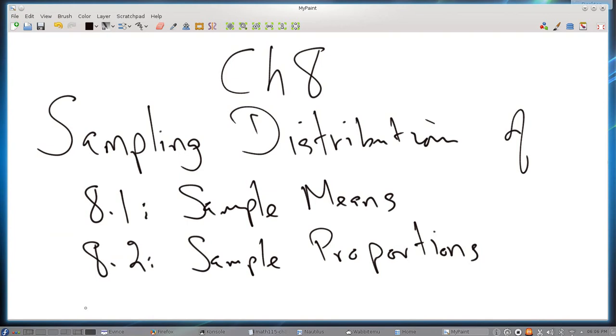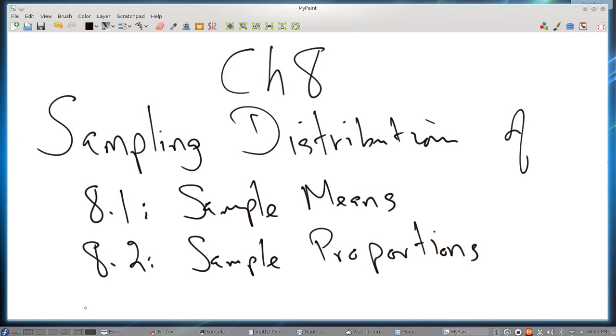We will now begin with chapter 8, starting a new discussion on what we call inferential statistics. In fact, chapter 8 is a fairly short chapter, but nonetheless it contains a very important concept and introduction to the idea of inferential statistics. So you can see here in our chapter 8 we only have two sections to study. The first one is the sampling distribution of the sample means, and the second is the sampling distribution of the